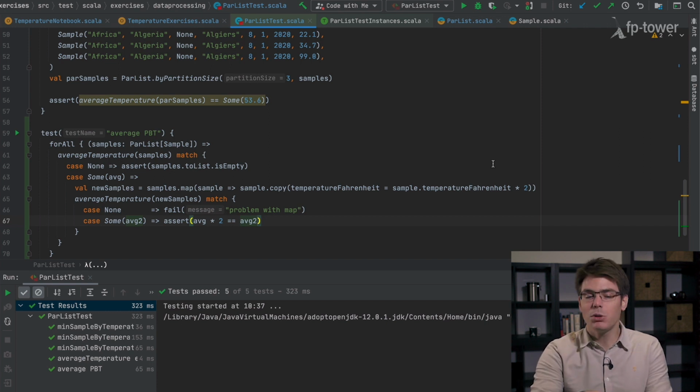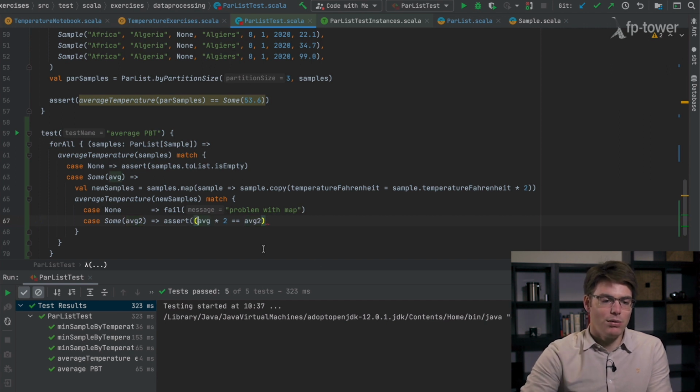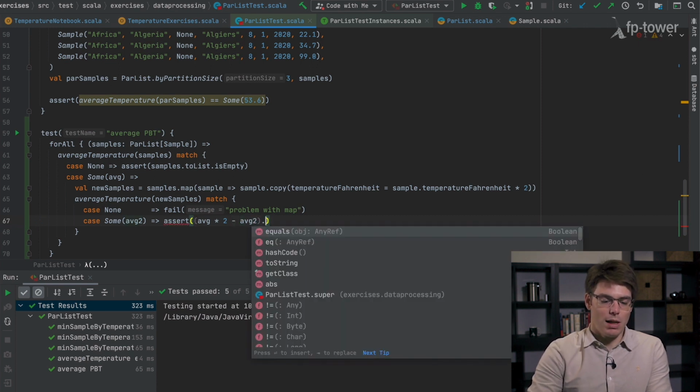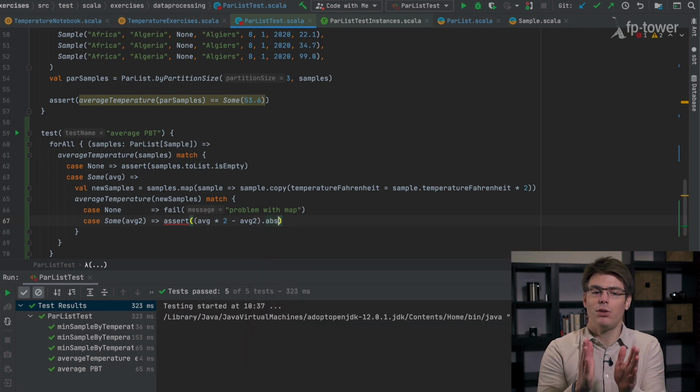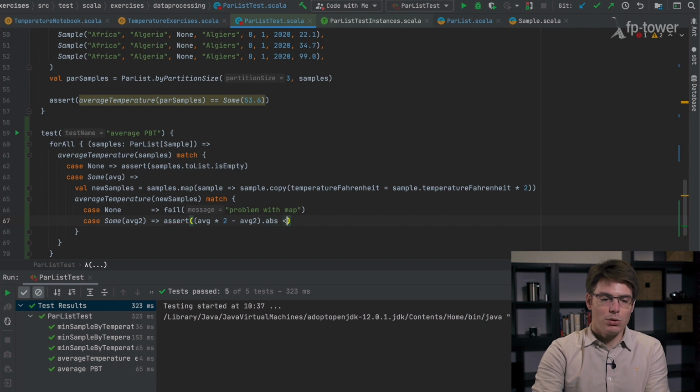So it seems to work now, but maybe this test will fail after a while since we are generating random numbers. One thing you may want to do is to calculate the difference between AVG times 2 and AVG 2. And you want to say the absolute value of this. So you want to know the difference between these two values. And you want to say this should be lower than some kind of very, very small double.